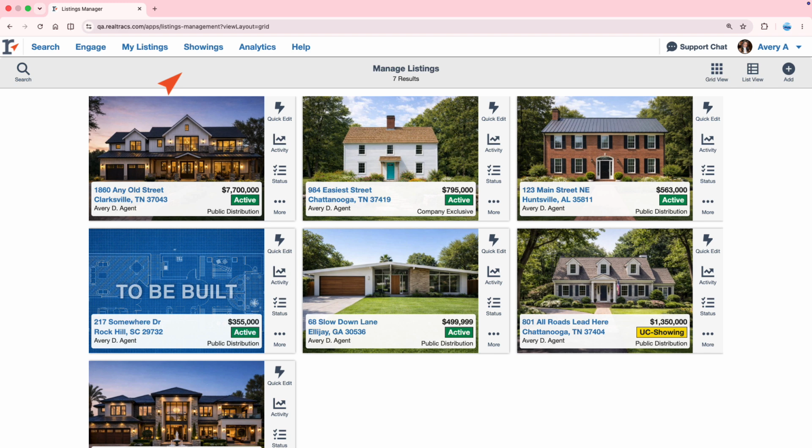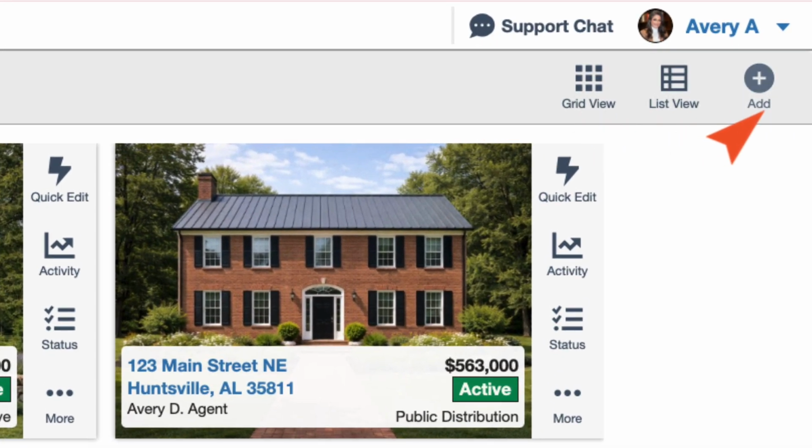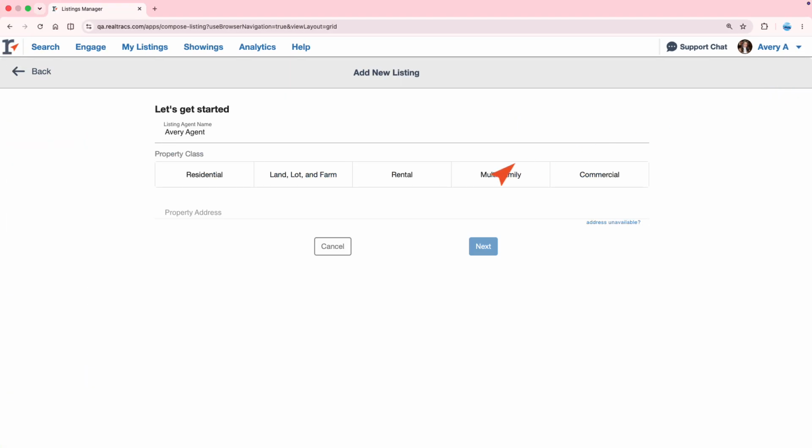your listings. Once you have an executed listing agreement, you have 48 hours to input that listing into Realtracs. That listing can stay incomplete until your seller is ready to hit the market. That's right. To start the input process, click the Add button at the top right and choose your property class